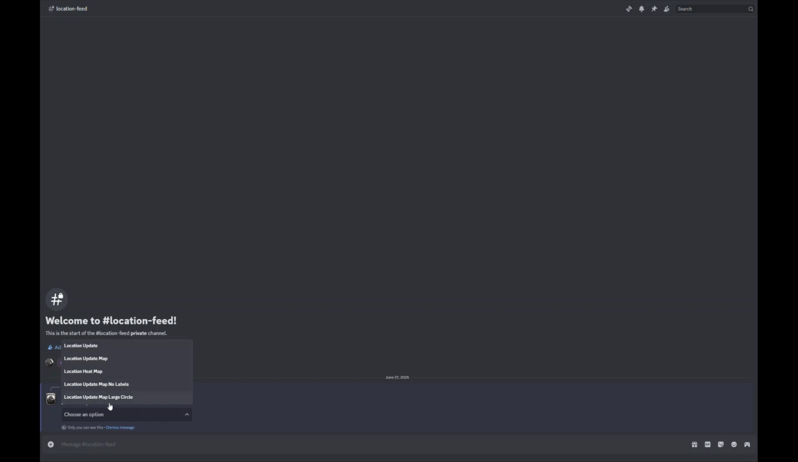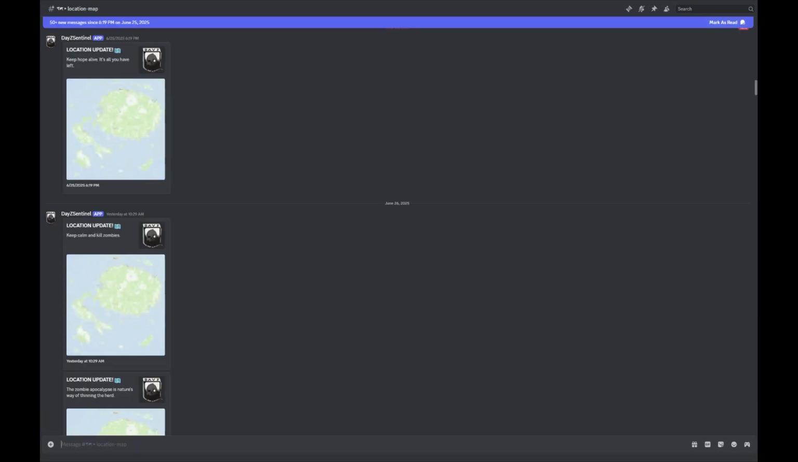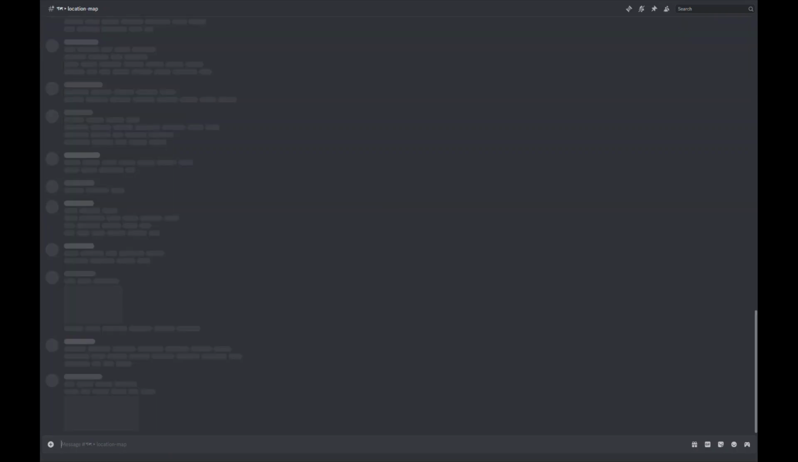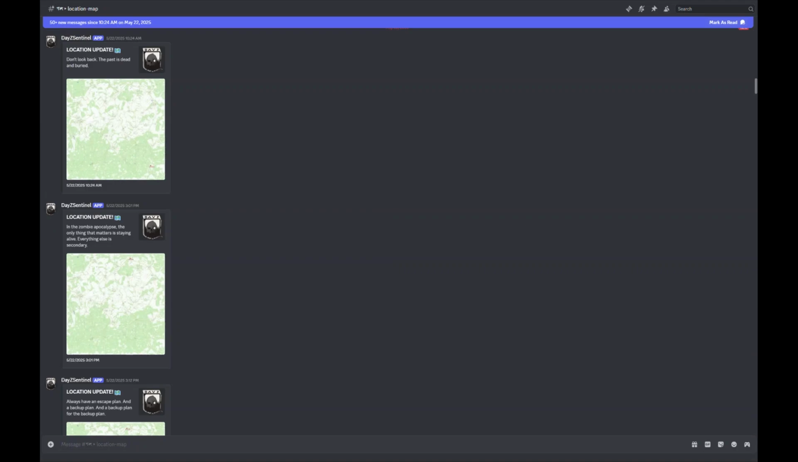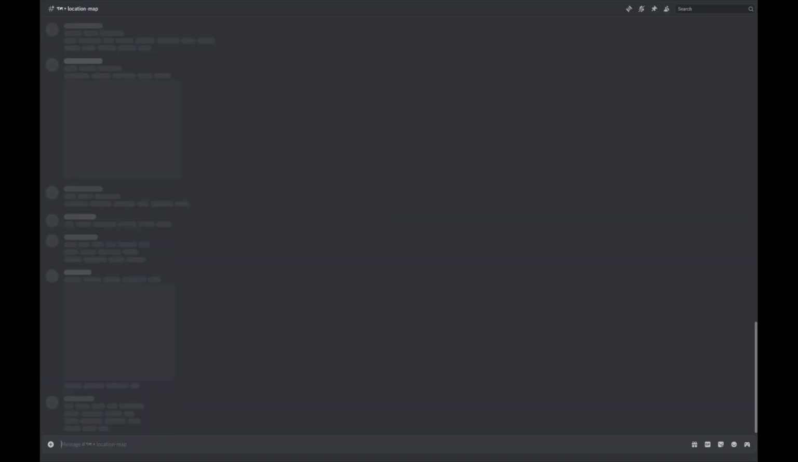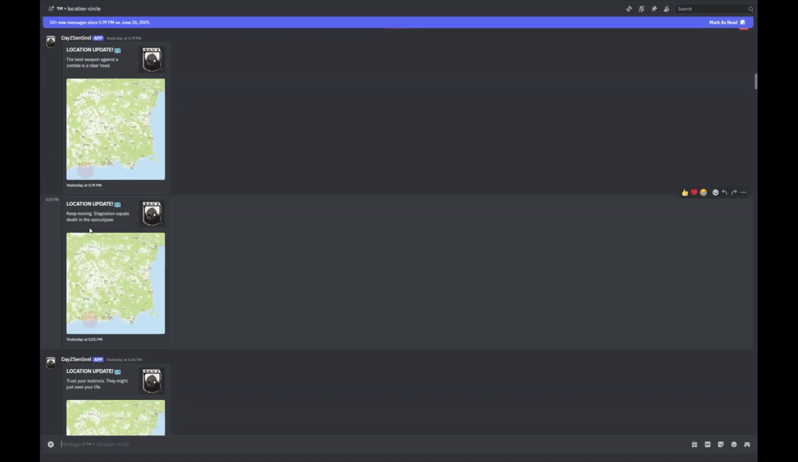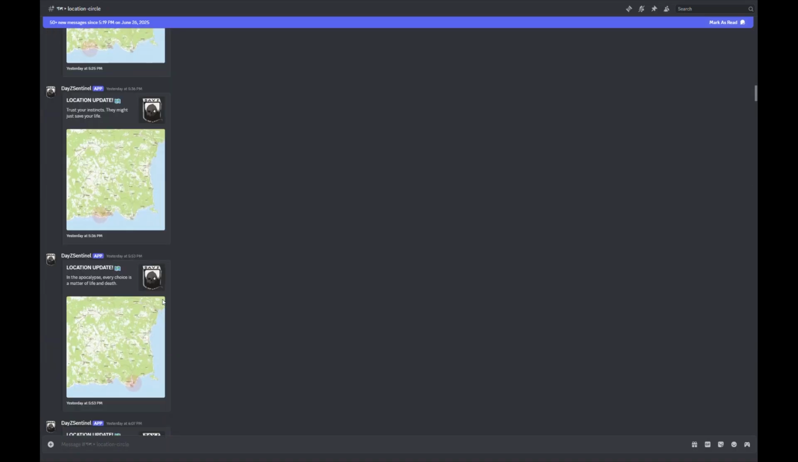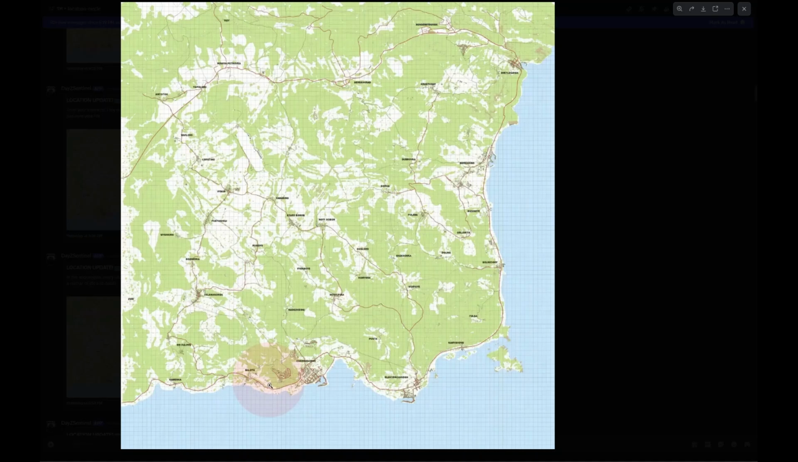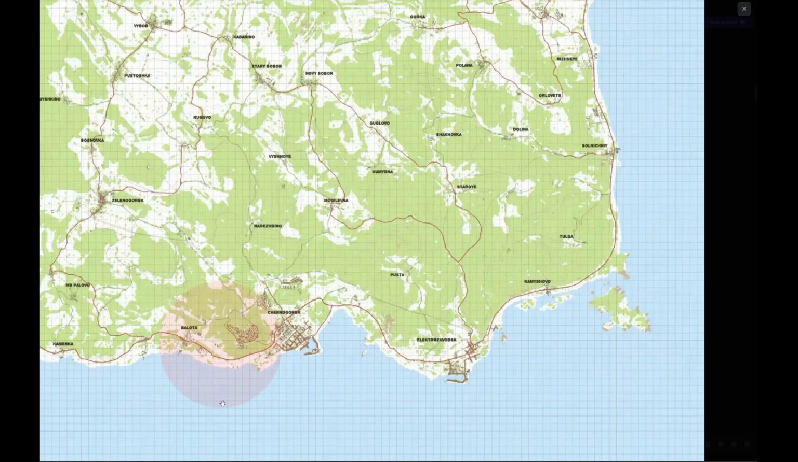Next, we have location update map large circle. So this one is pretty cool. If you do want to have hot PvP battles where you want to tell people where they are, let me try to find one where I have that functionality turned on. Give me 1 second. That is not here. There we go. Okay. So the location map with the circle, what it'll do is it'll print a fairly large